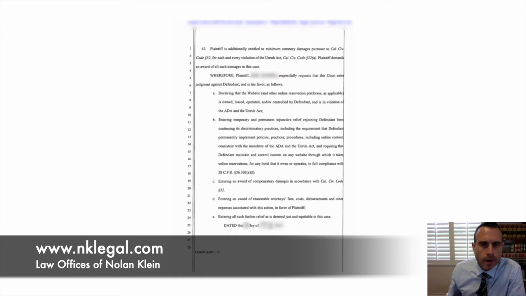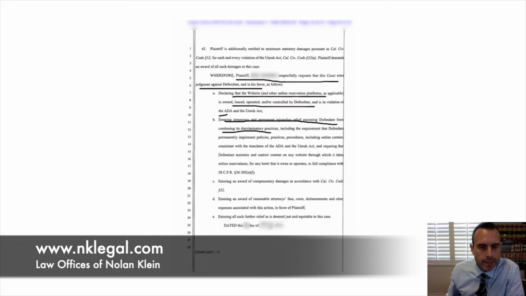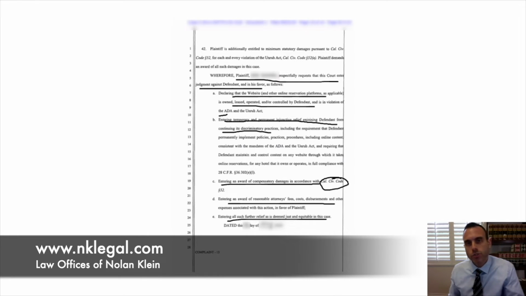And then there's the wherefore clause asking that the court enter a judgment declaring that the website is operated in violation of the ADA, entering temporary and permanent injunctive relief enjoining defendant from continuing its discriminatory practices, entering an award of compensatory damages. This is a California case, remember? So this is under California law that damages are being asked for. Entering an award of reasonable attorney fees, costs, disbursements, and such other relief as the court deems just and equitable. So this is just an example of another type of ADA lawsuit, an